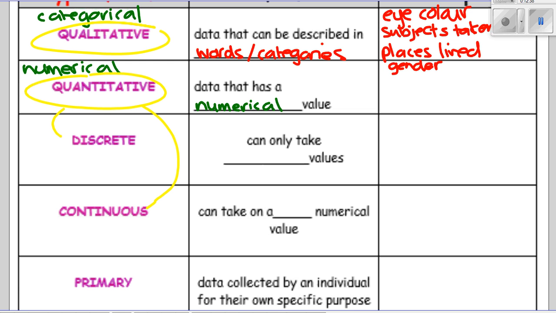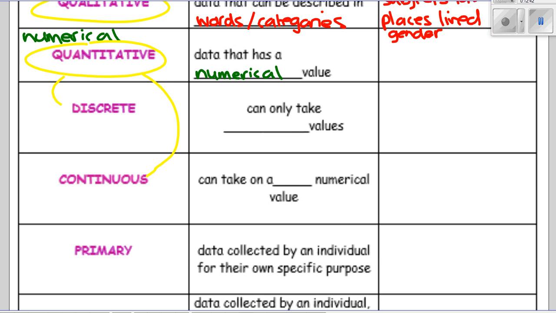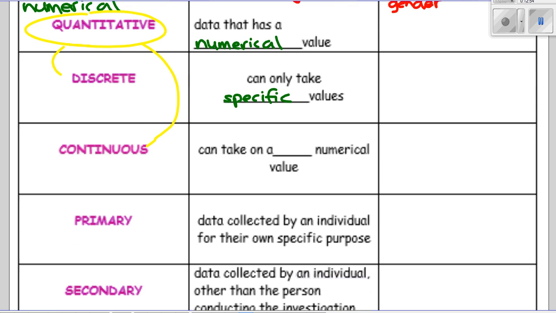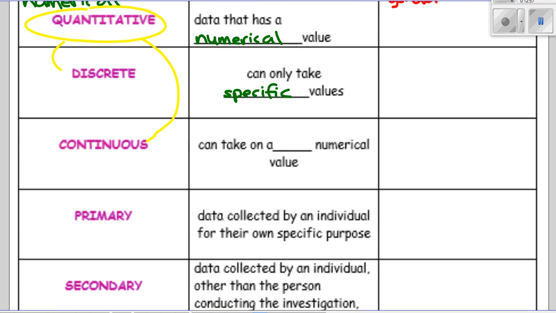Discrete data can only take specific values, not necessarily whole number values, but specific ones, e.g. 1, 2, 3, 4, or like 1.1, 1.2, 1.3, 1.4. So discrete data doesn't have to be whole numbers. It just has to be data where there is a finite number of decimals at least. Like money would be considered discrete.